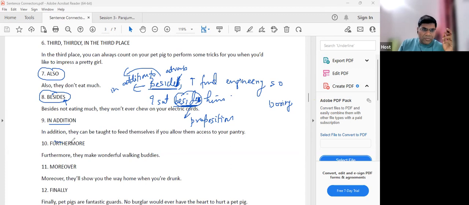In addition, furthermore, moreover, finally. So ऐसा नहीं कि whenever you add, you always use and. कि and से addition होता है. ऐसा नहीं कि हमेशा addition and से ही होता है. So in school, you have been taught that whenever you see and, something is being added. But and is just a poor conjunction. Its usage is very limited. What is done by and can be done by also. What is done by also can be done in an emphatic way by even. What is done by even can be done by besides, in addition to, furthermore, moreover, finally. There are so many different adverbs that help you do the same job which and would have done.